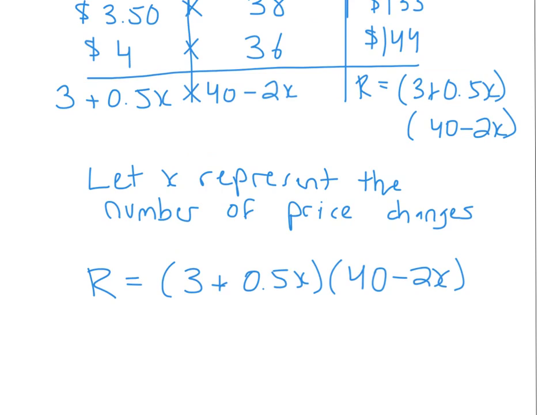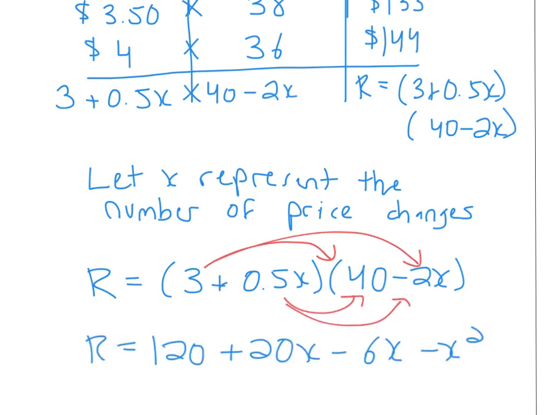So we will take the revenue formula, which we found above, and I just rewrote it on one line, and we want to find the vertex. There's 2 ways of doing this. The most common way that students use is by completing the square. So to complete the square, I'm going to expand these 2 binomials,